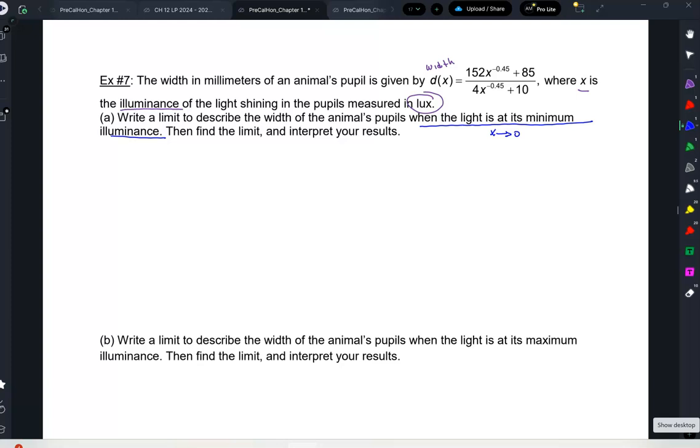So now I need to write a limit as x approaches 0. That means I'm going to need to write the limit of d of x as x approaches 0. And that notation is very important, right? So now this is going to be the limit as x approaches 0 of this function